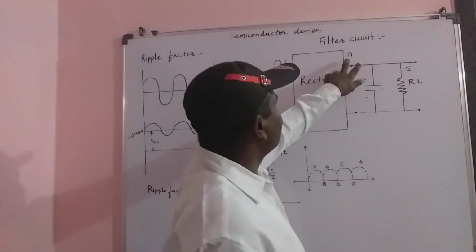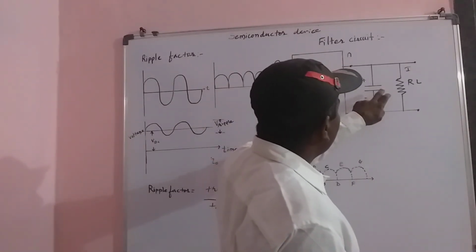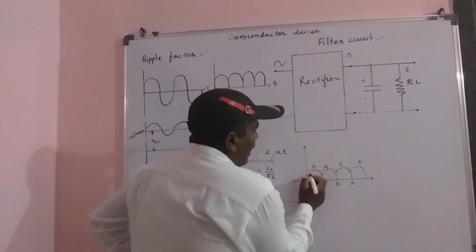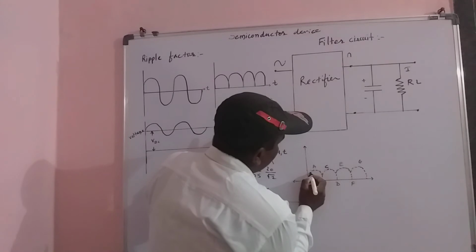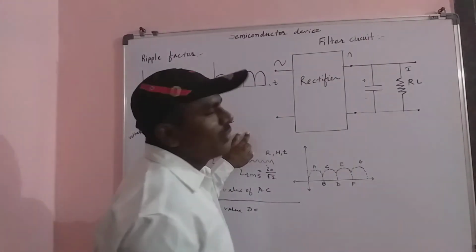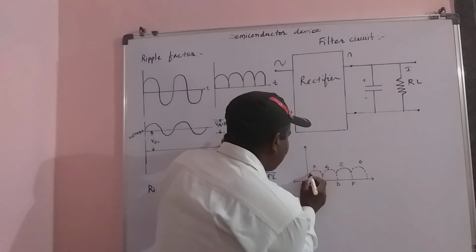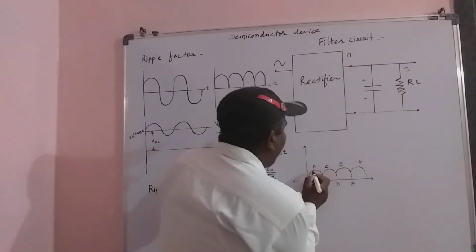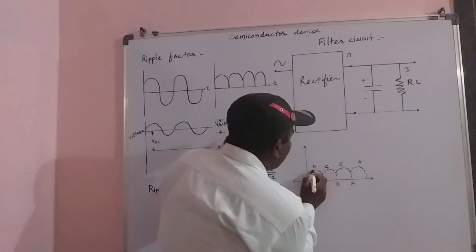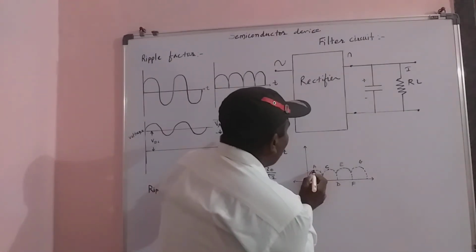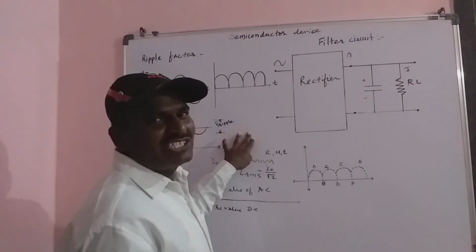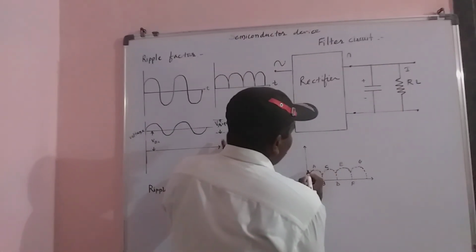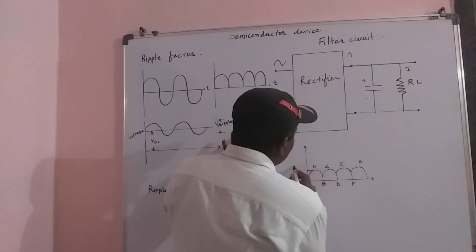As the value of the DC voltage rises, when the voltage reaches point A, the capacitor gets charged. At which value the capacitor gets charged, that voltage is called the